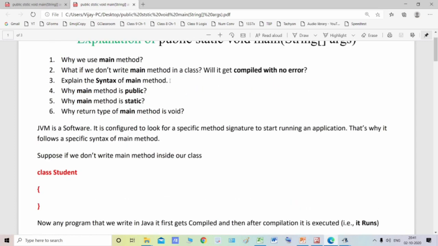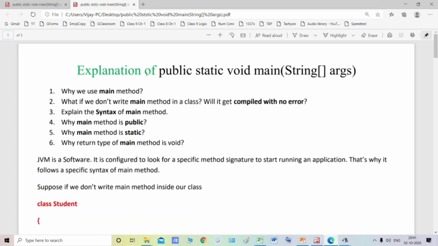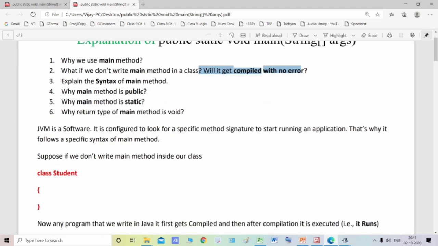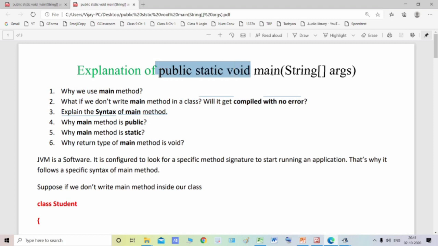This quick explanation that I'm going to tell you about this public static void main line is a very important explanation. Okay, why we use the main method. What if we don't write the main method in the class? Will it get compiled or will no error be there? What is the syntax of the main method? The syntax of the main method is this: public static void